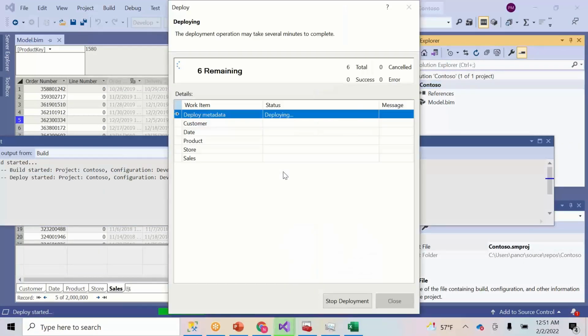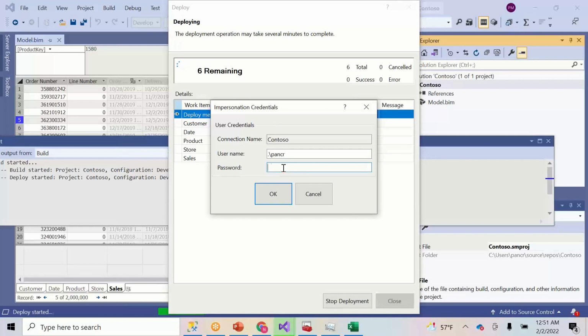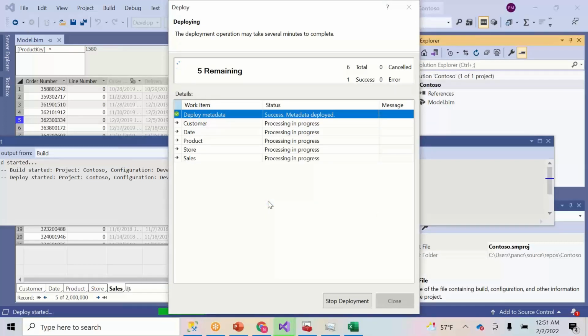Now that I have my gateway working, I have the database working, and I'm deploying. It pushes my metadata, then it asks me access to my database, and metadata deployed. It's trying to process. So in the course of processing, there are two things happening. It's looking at the server. It's a server talking to the database. So the credentials for the database is to